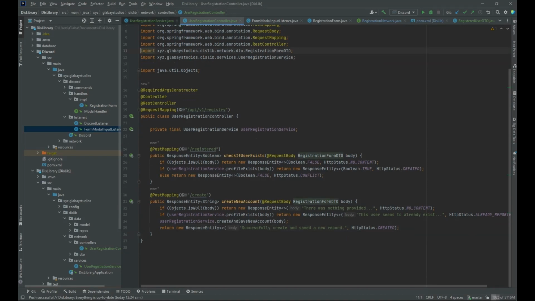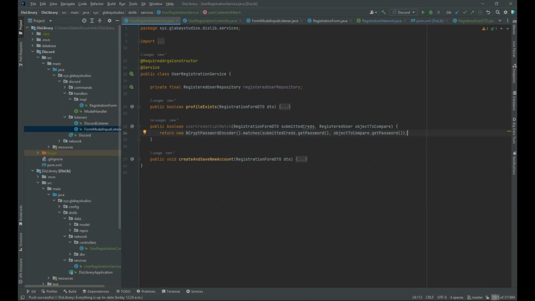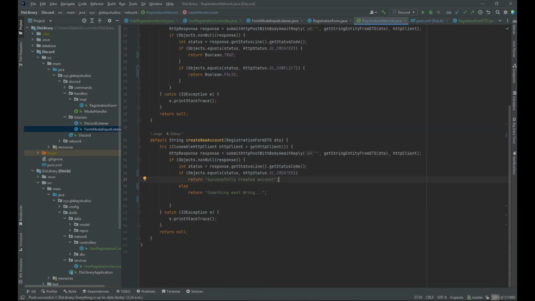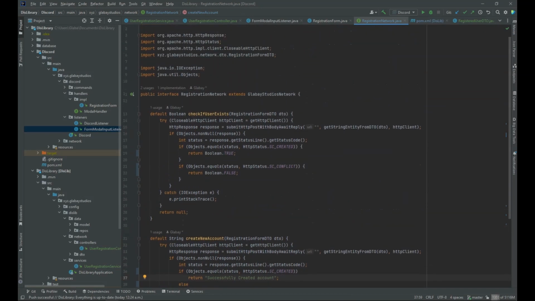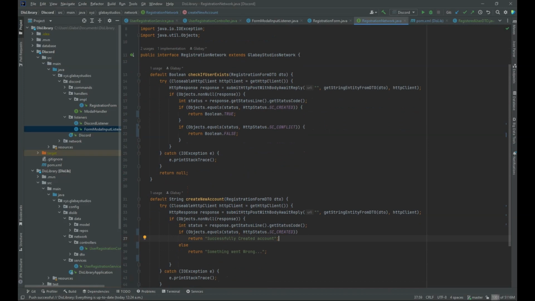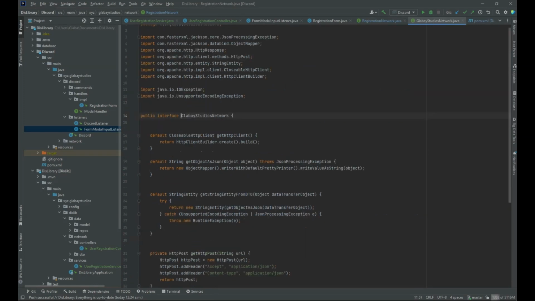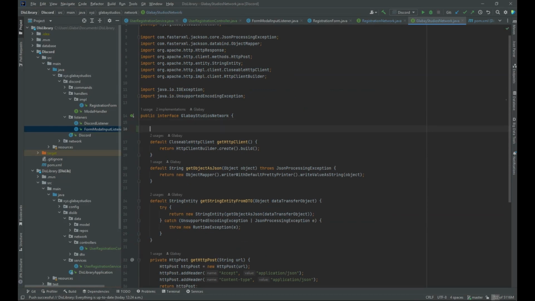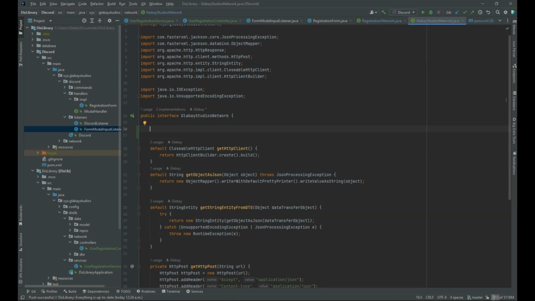Alright, so now we have a way to create an account, we have a way to check if a user exists. All that's left to do now is fill out the mappings here. So to make things easy, because the base URL that we've created is not going to change, we can just simply come into our parent directory or parent interface and make a string here. And this one here could be, say, the base